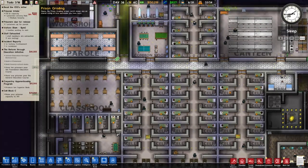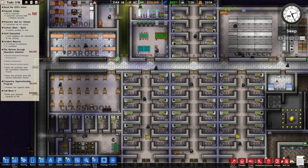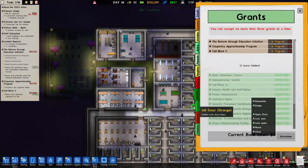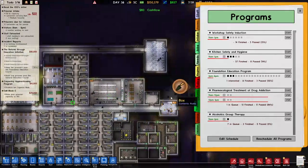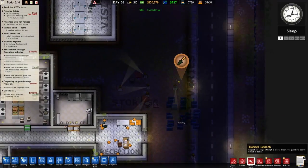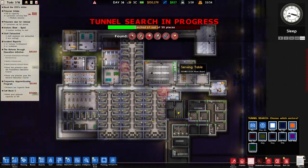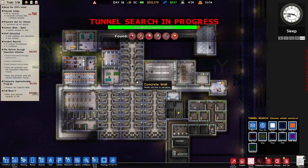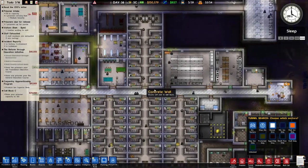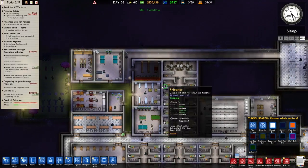Alright, let's have a look at our prison grading, our health, our reform. Punishment's still fairly high, which we want to be high. Our health is still quite low though, which annoys me. Oh, tunnel? Where have we spotted? Mark tunnel. Tunnel search. Alright, well, we didn't find any tunnels then. I've not had any tunnels pop up after this happened, but I really hope they managed to find...